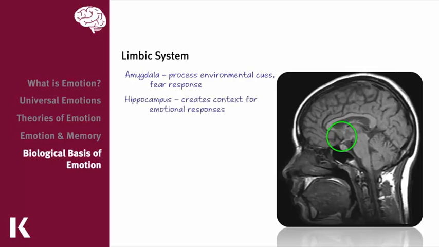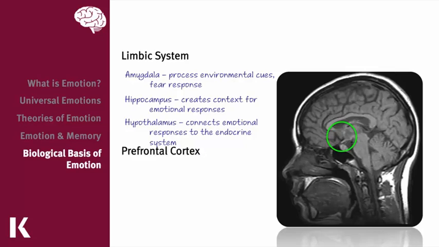The hippocampus is predominantly responsible for creating and retrieving long-term memories, but these memories give us emotional context. And the hypothalamus is part of the endocrine system, and it's able to release neurotransmitters. So this means that it is able to link our emotional response with our physiological responses. We also want to be familiar with the prefrontal cortex, which is the anterior portion of the frontal lobe. And the prefrontal cortex is able to receive sensory stimuli from our brainstem and coordinate how we want to respond to that stimuli. So this is actually the cognitive portion of our emotional response.